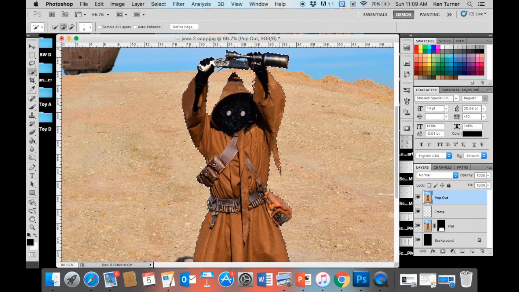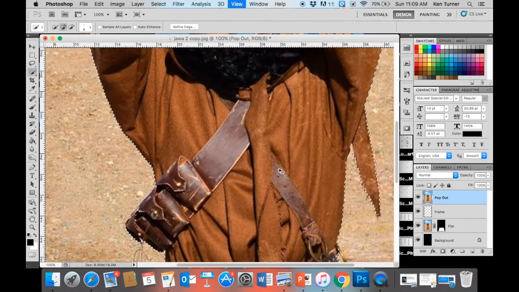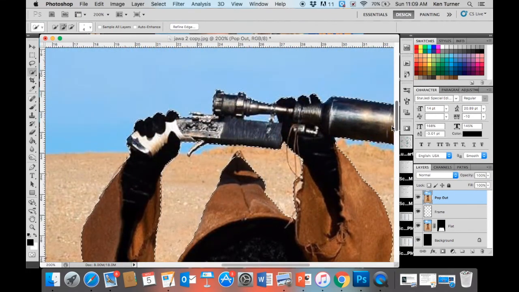Now, let's increase this again just a little bit. So Command plus. I'm going to go one more, plus again. And then I'm going to go up here because I've got things here that I didn't select yet and things that I don't want selected. So let's grab this little trigger. And let's grab this little piece here that we missed. And now we've got some things here